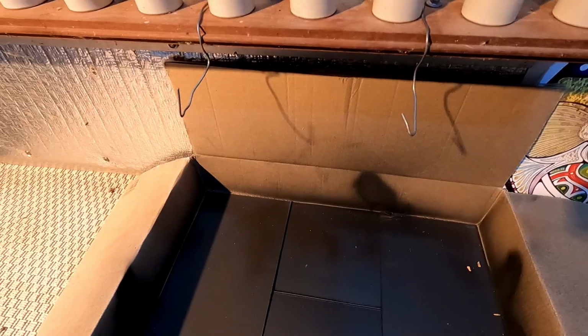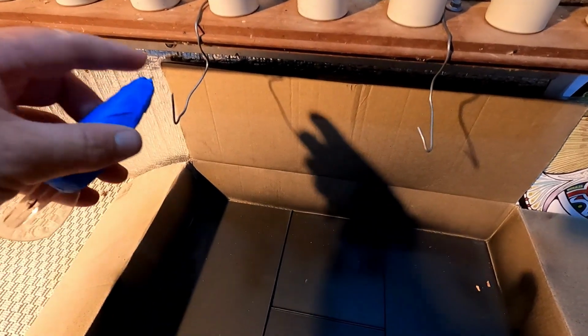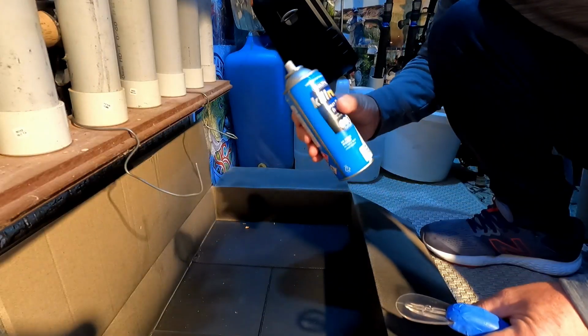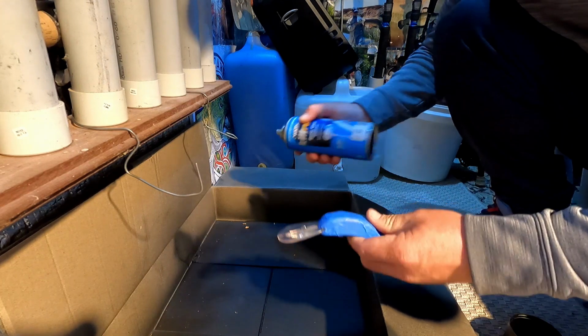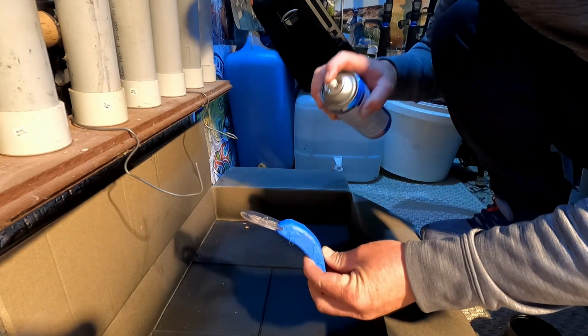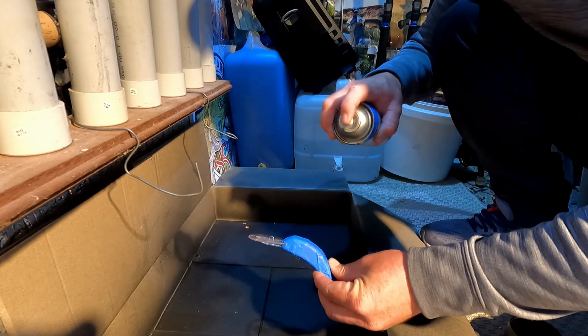So I've got the little box here, and it's just got a hook on there so that when I've painted the lure, I can just hook it up and let it dry. I'd probably be doing this outside normally, but the weather's been so bad lately, I'm just going to do it inside here. So I always make sure the can's nice and mixed up, and then I just like to hold the back of the lure and hold the spray can a little way away from the lure,